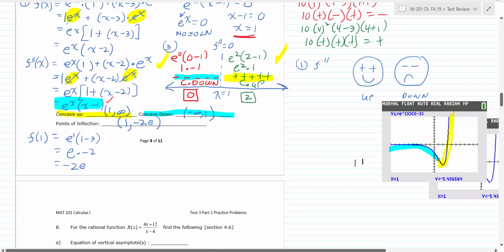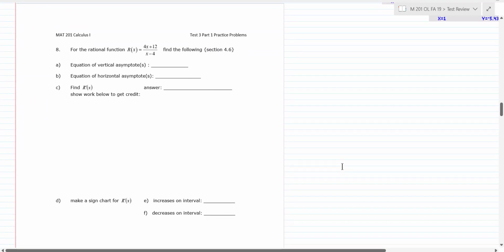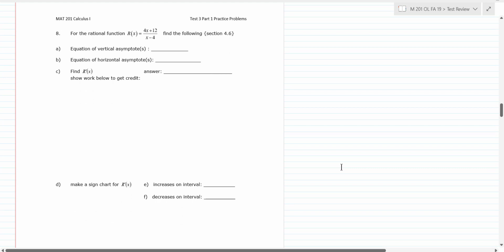Okay, I'll move to problem number 8. And this is a rational function, so we're going to do several things on this. We're going to look at asymptotes. We're going to look at the first derivative, figure out where the function increases and decreases to start with. Okay, so a vertical asymptote